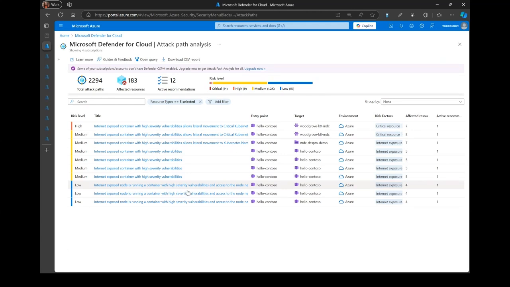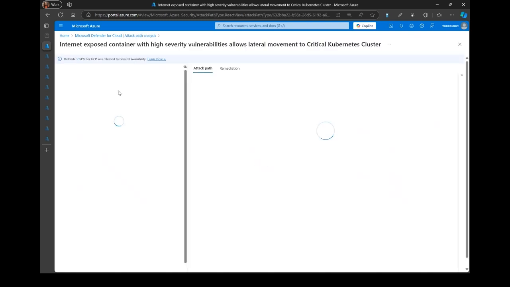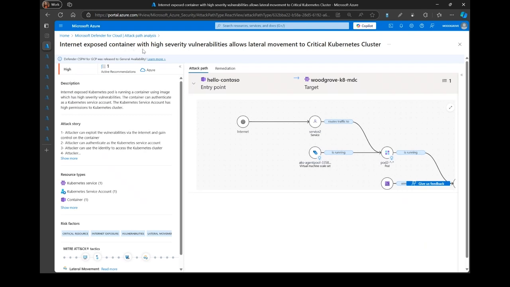So first off, one of the things that I mentioned was the RBAC data and the attack paths. So you'll see here that we're able to generate more attack paths for our container workloads. And we can start with this example here, which is an attack path that has a high risk level. And it's looking at an internet exposed container with high severity vulnerabilities that allows for lateral movement to a critical